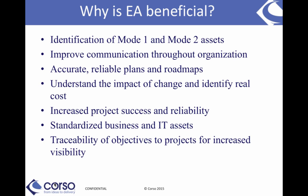And within that, we then start to say, okay, which are our most important processes? Which ones are supporting critical systems? And which critical systems are supporting critical processes? Which people are critical? We can start doing lots of identification of what's mode 1 and mode 2 using enterprise